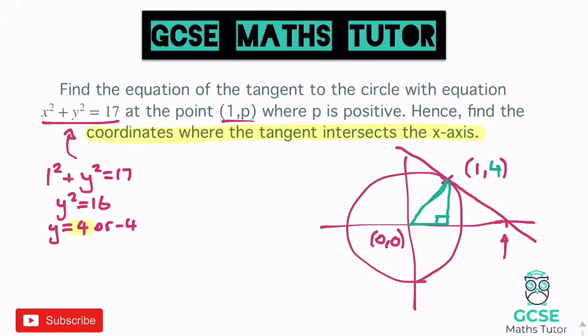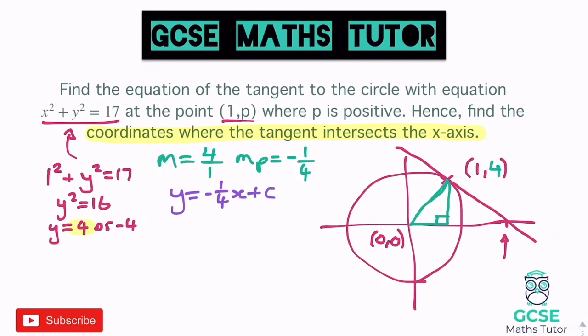So following our normal steps, let's find the gradient. So the gradient is from 0 to 1, 4, so that's going to be 4 as our change in y over 1, which is just 4, and our perpendicular gradient, negative reciprocal, minus a quarter. There we go, now we can plug that into our line equation. So y equals minus a quarter